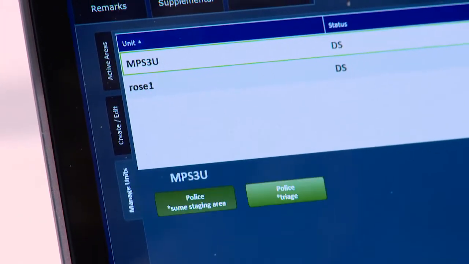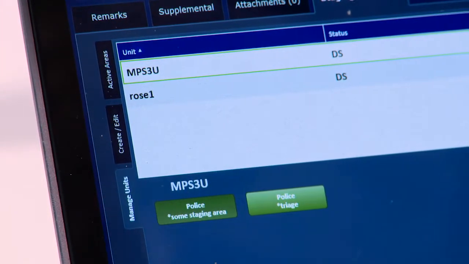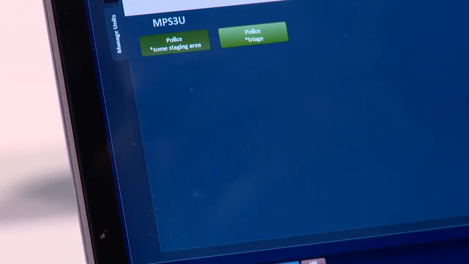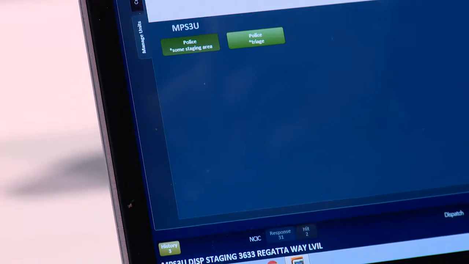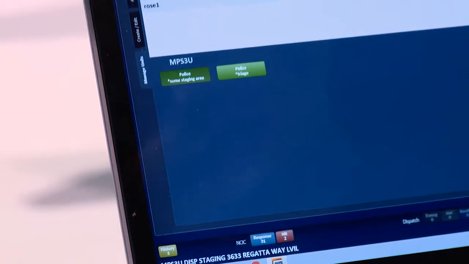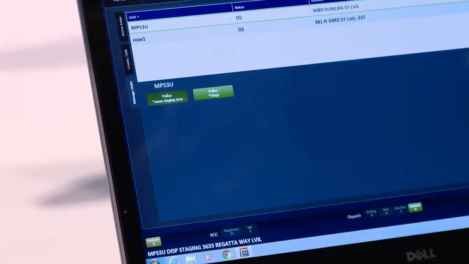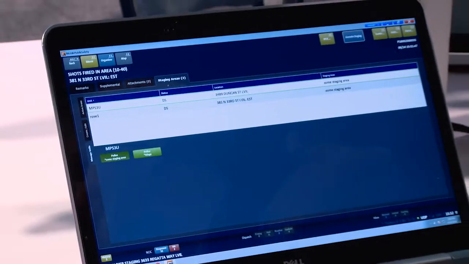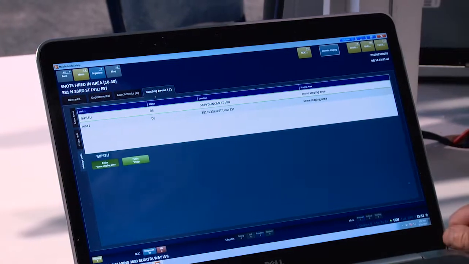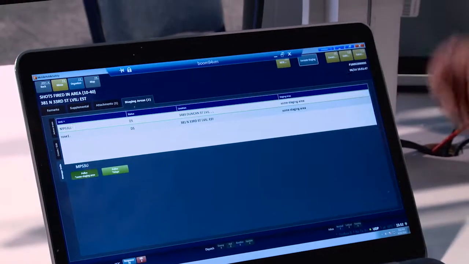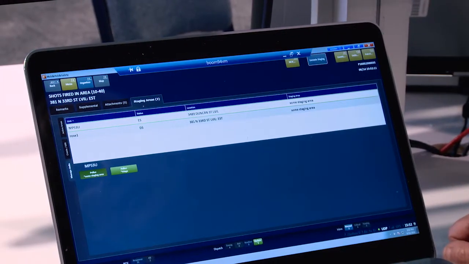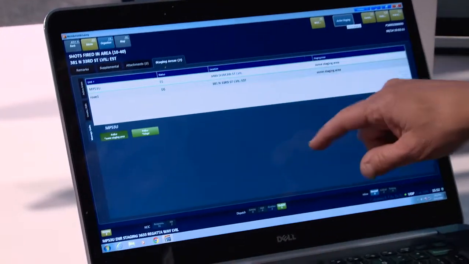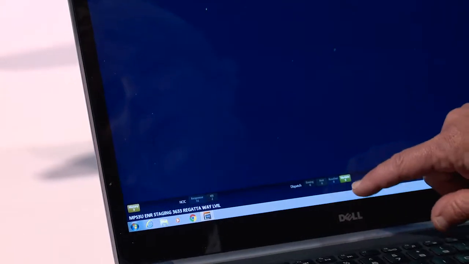So now we have 2 units that are dispatched to the same staging area. You can see that by dispatch staging. It's the new statuses that we have down at the bottom that indicates that you can do that. And what you can also see that's interesting is, again, based on workflow, the status button at the top automatically changes to en route staging, because that would be my next logical status that I would go to. So I can go ahead and en route myself to that particular staging area, and again, my status changes automatically. If I go back to the dispatch report to see what we have going on there,